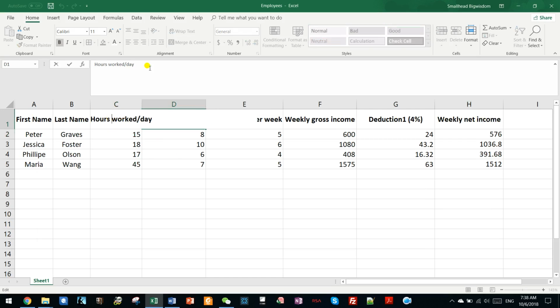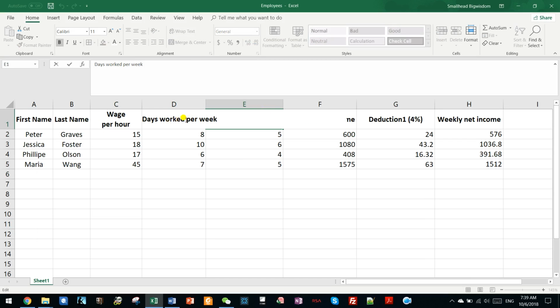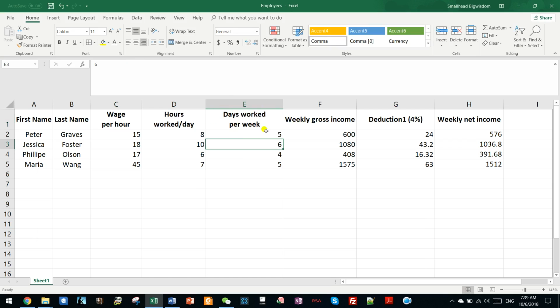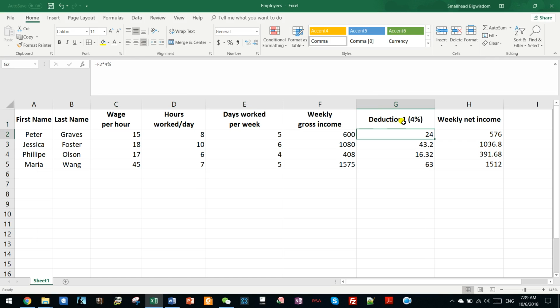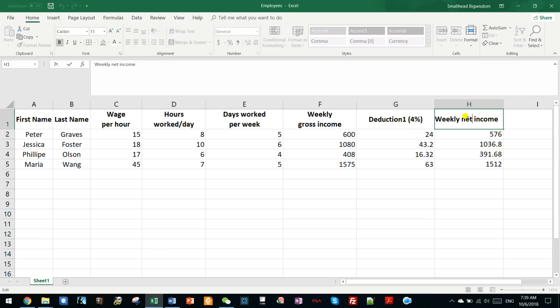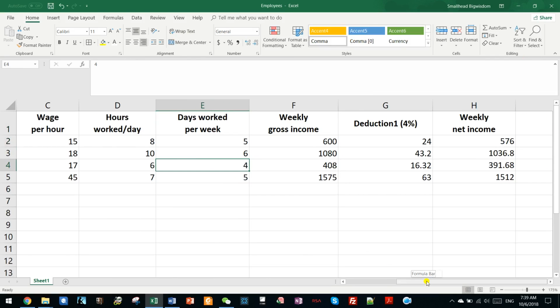So here Alt Enter, just to make it a little bit more suitable. Here Alt Enter, and here I'm gonna write net. So as you can see,